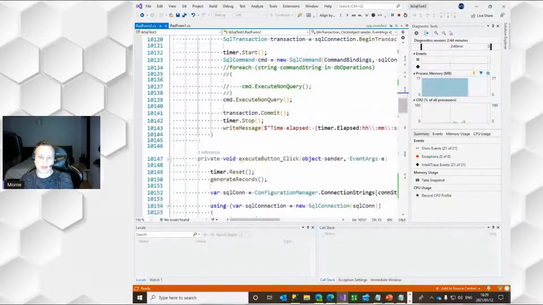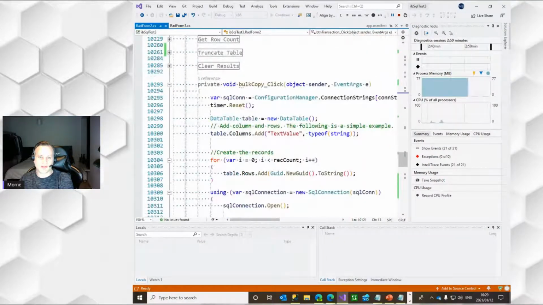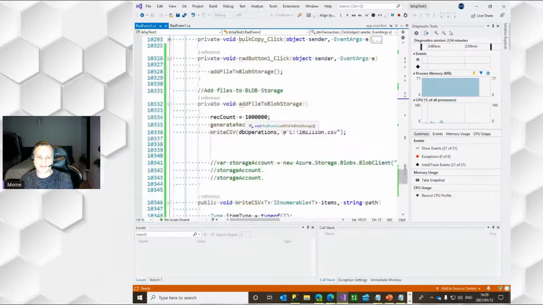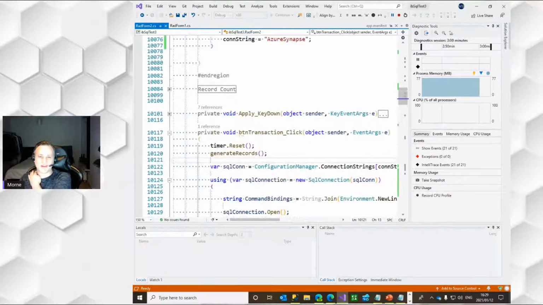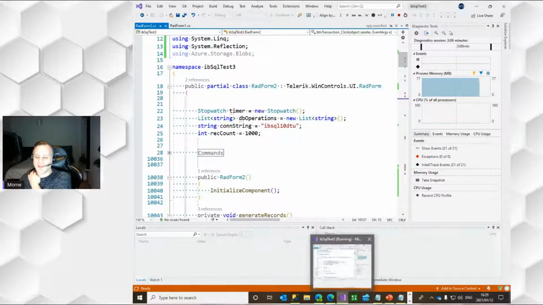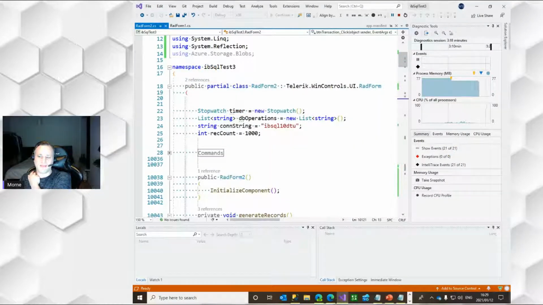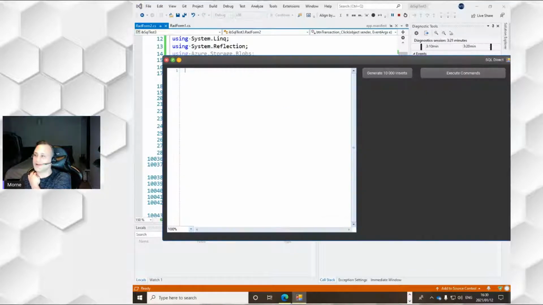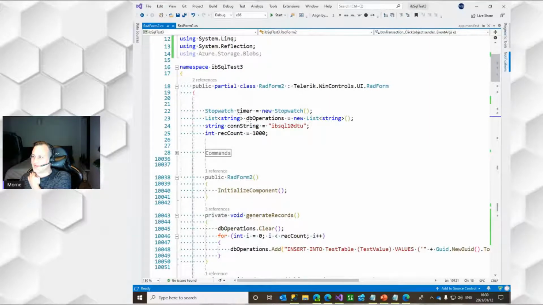So let's quickly have a look at that code, if I can find it, right? So that's giving it away with what I want to do next. So yeah, it's up here. It would have been easier just leaving the form open so I can click on it, right? And I'm not seeing it, which means I am quickly just going to move on and then just come back to this, right? So let's have a look at it. I'll show you the code for the table valued parameter in a second. I just want to close that. And then I am going to close this app here, right? And I'm just going to bring up the form so I can click on the button because I, for the life of me, can't remember